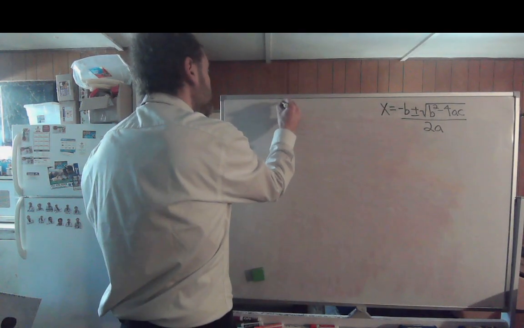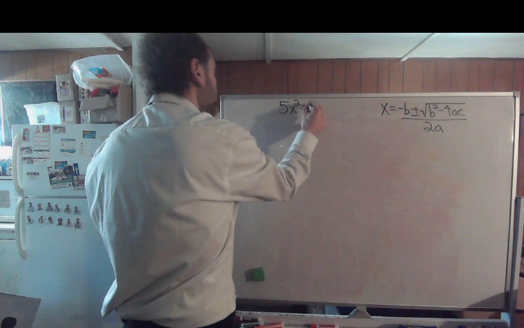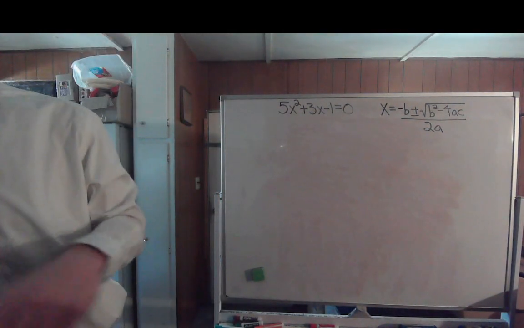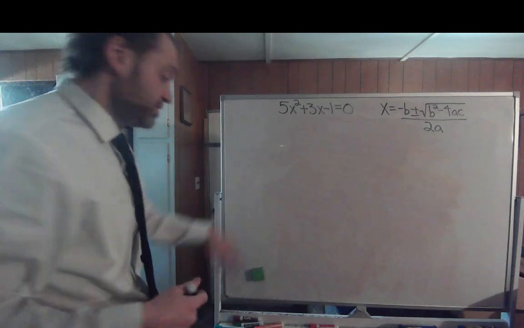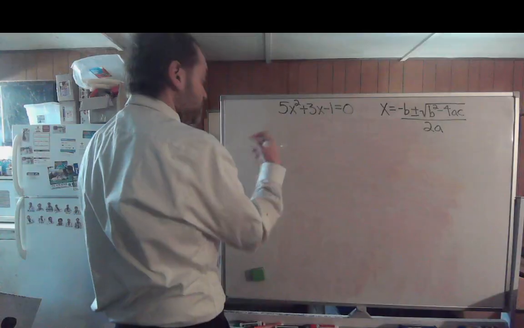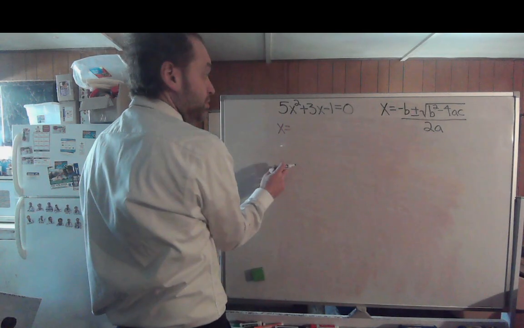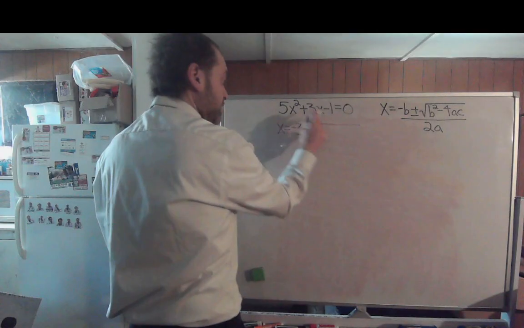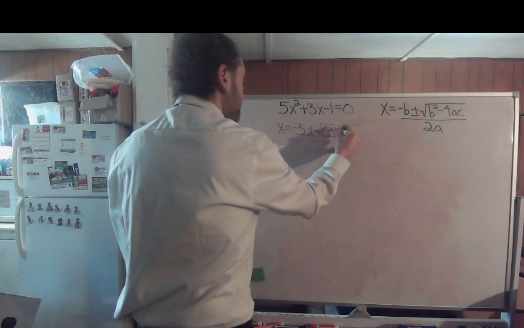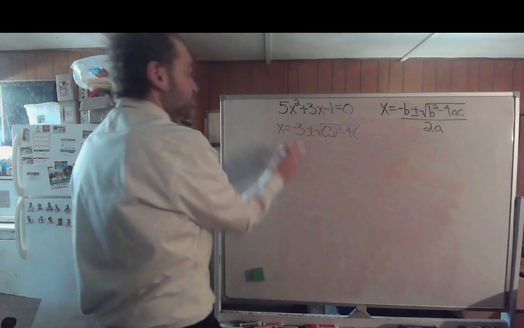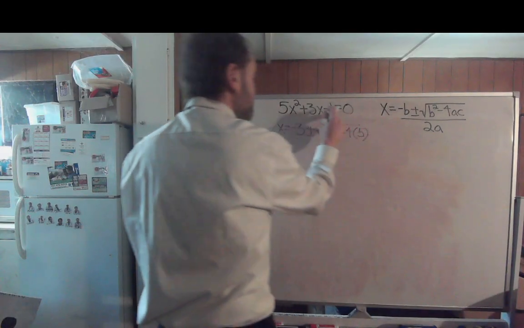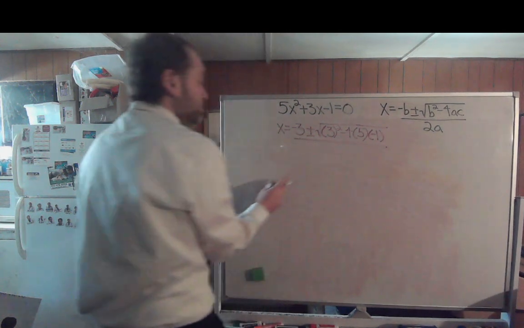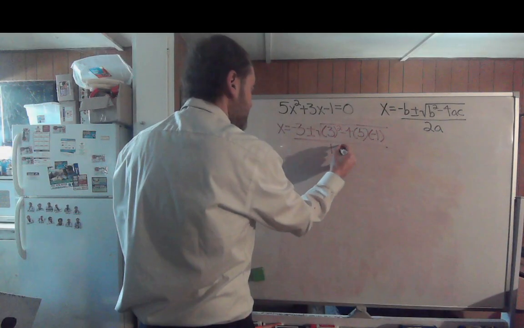We have 5x squared plus 3x minus 1 equals 0. Definitely not factorable. So let's find the quadratic formula. x would equal the negative of b. Well, that'd be negative 3 plus and minus the square root of your b squared, which would again be 3 squared, minus 4 times your a, which is 5, times your c, which is negative 1, all over 2 times your a of 5, so that'd be 10,